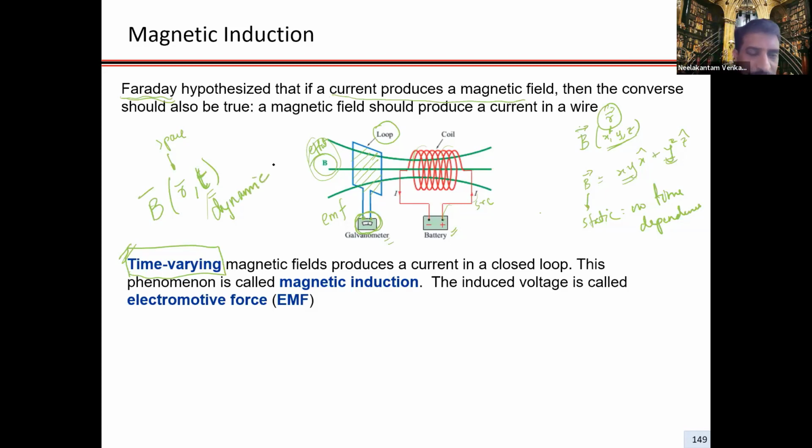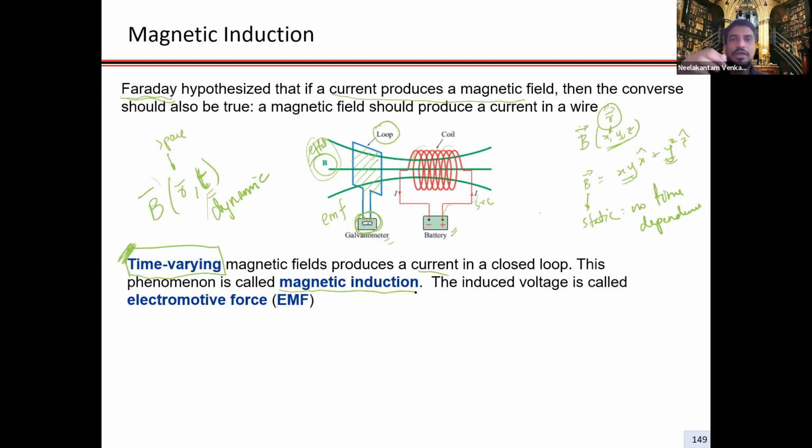Opposite of static is dynamic, right? Even the economy has to be dynamic, it has to be changing, it shouldn't be static. Similarly, if the magnetic field is dynamic, it can produce current in a closed loop. That phenomenon is called electromagnetic induction,